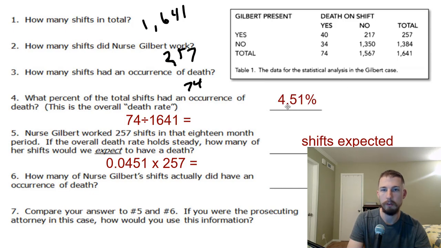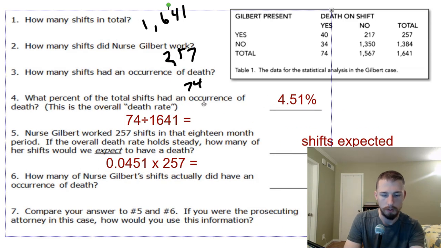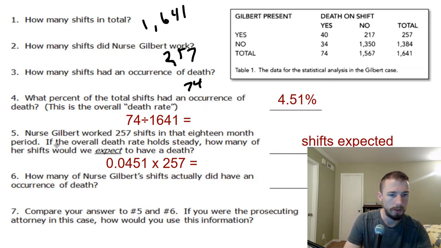Really bad. It's 4.51%. So on any given day, there's a 4.51% chance that somebody would have a heart attack on average, right? Okay, so we did that. It was math. Lock, Control K. Done. All right, Nurse Gilbert worked 257 shifts in the 18-month period, and the overall death